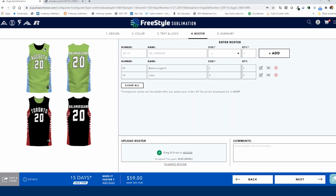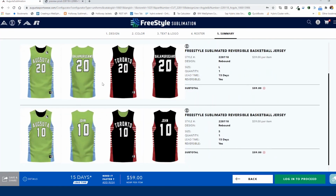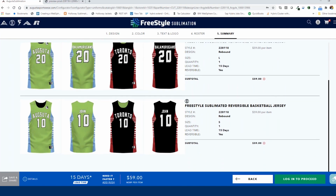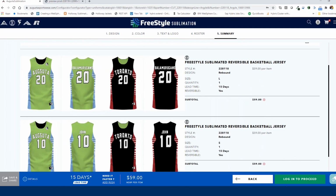And then the summary tab, when we go in there, provides the entire picture of how the front side and the interior side of the garment is going to look for the specific design. So here they can just log in, add it to the cart, and check out,